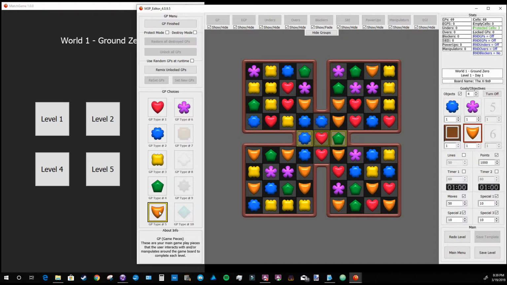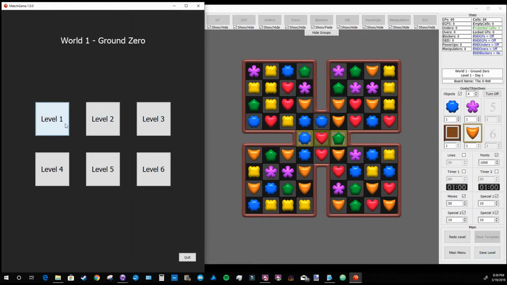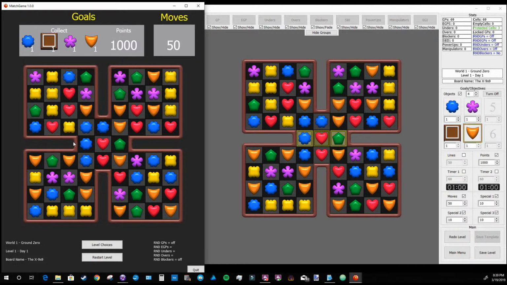Okay, so let's try that out, see if it worked in our mock-up game here. I'll save the level. Open up the game here. That was level 1 I was working on, so I'll select level 1. Obviously, in a real game, it won't look like this. I wouldn't make it look like this. This is just to show you what's going on. So as you can see,